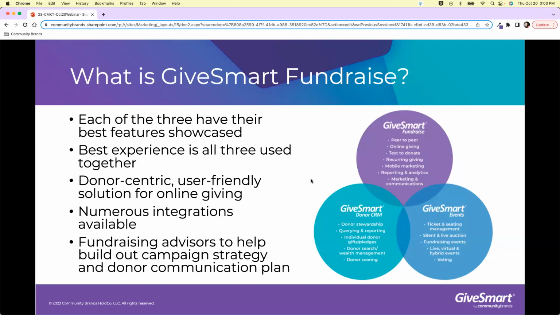So these are all, again, under the GiveSmart umbrella to really fill out the entire fundraising solution suite so that we meet all of your needs, whether that's through events and auctions, those sort of one-time occurrences each year, or through a year-round campaign, which is what GiveSmart Fundraise has a lot of strength in, and even with your donor management needs through Donor CRM. So each area of this fundraising suite, again, has different strengths and capabilities that contribute to an overall strategy for